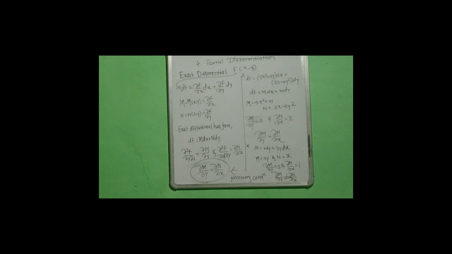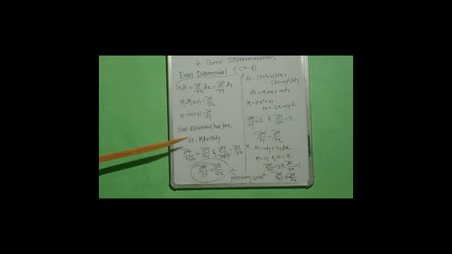That condition is that this equation has partial derivative terms, ∂f/∂x and ∂f/∂y. We call the first term M and the second term N. Here you can see M = ∂f/∂x and N = ∂f/∂y. These M and N are again functions of x and y. So the exact differential form of this equation becomes df = M dx + N dy,